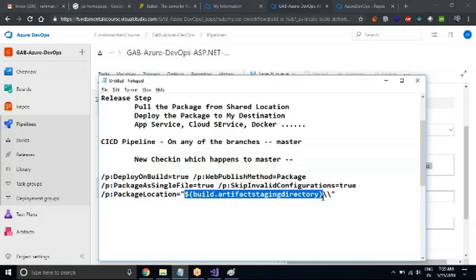This is understood by the release step as well. Release step will look for your artifacts inside this artifact staging directory. That is essentially your package. You will build it and you will throw the package in this location. The release node will go ahead and pull the package from this location. So both build and release are